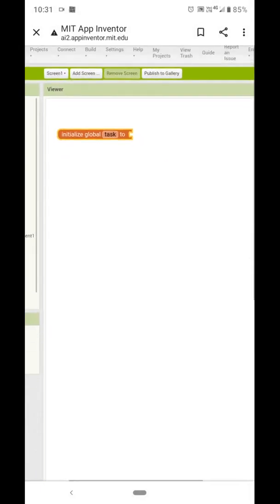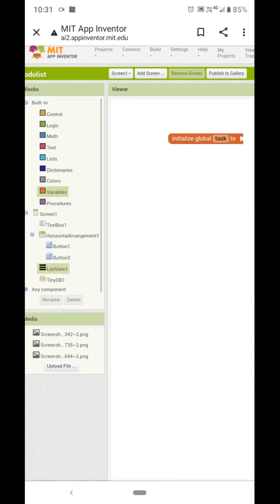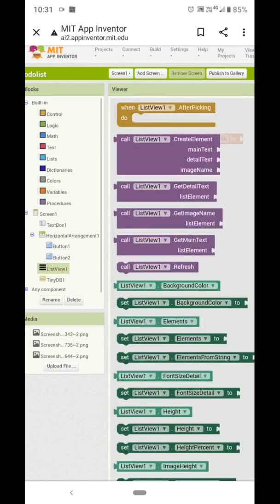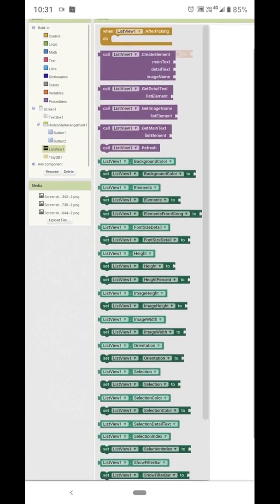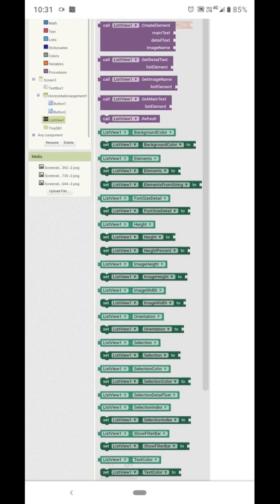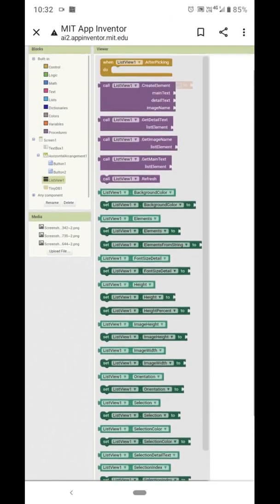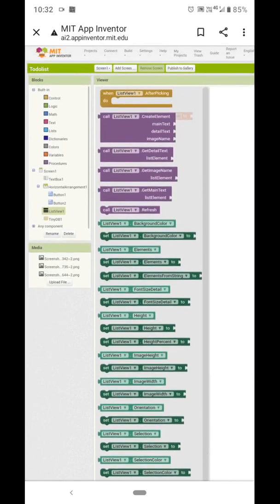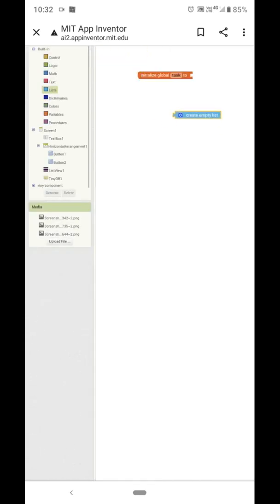Then click on the list view and select create empty list.